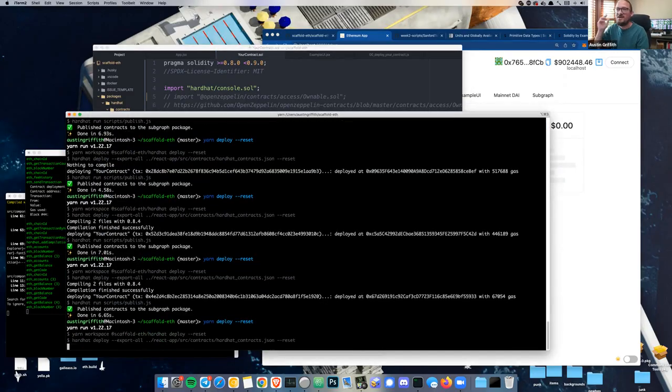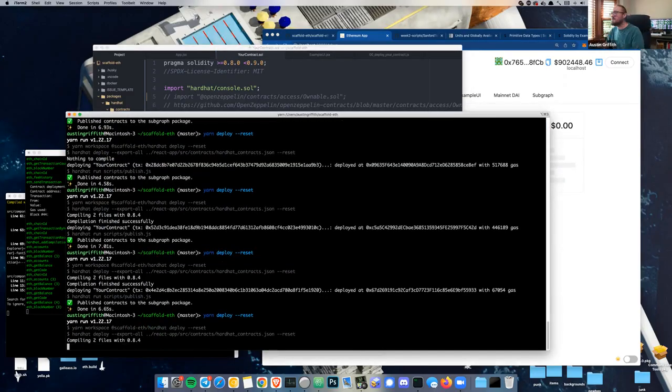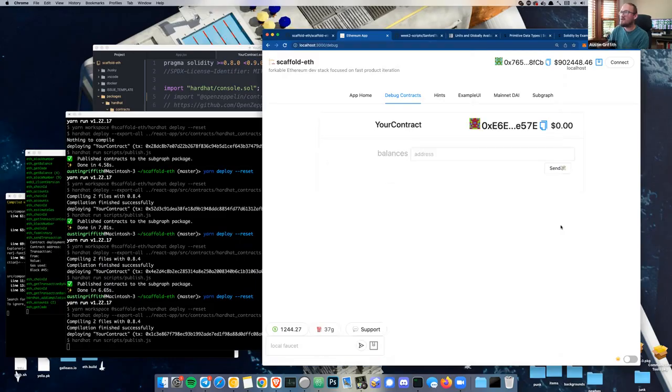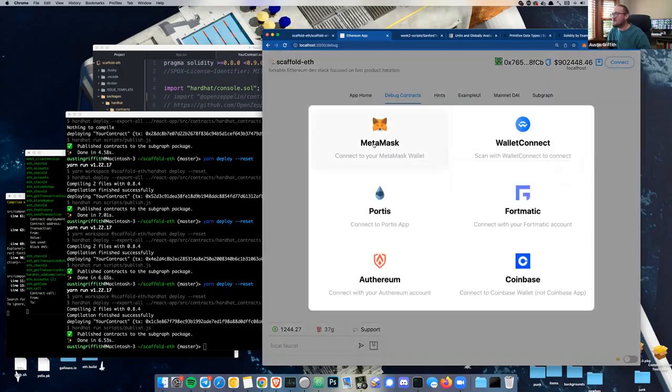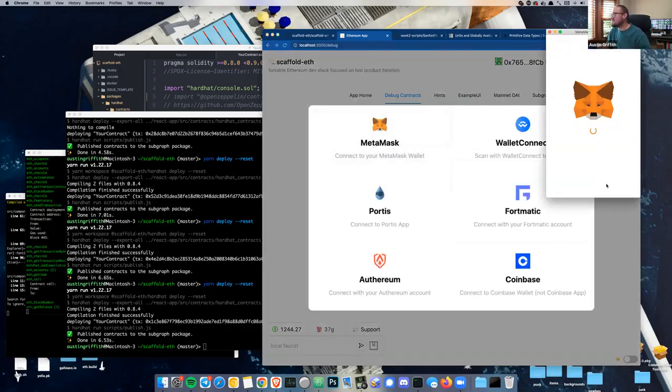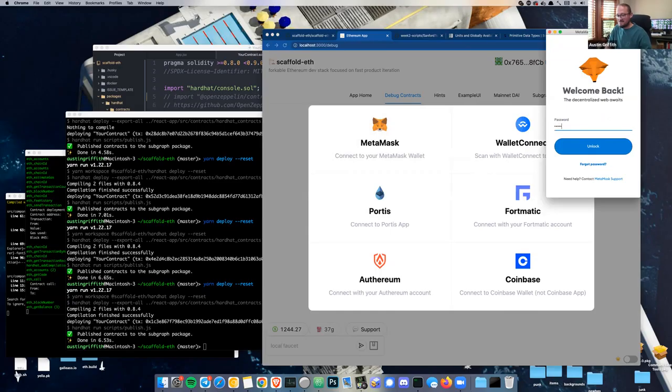Let's see if it works, right? We're just tinkering with Solidity. We're seeing it in the front end. We're poking at it. We're making sure it does what it needs to do. Let's see what happens when we check our balance. Awesome. And if I connect my MetaMask or something and check its balance,